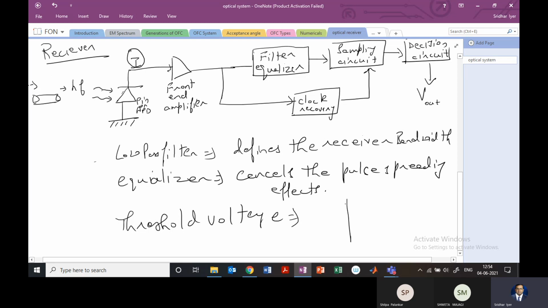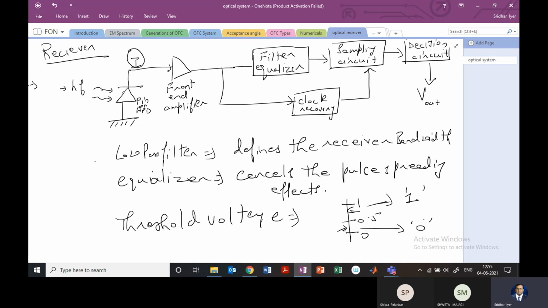So these are the levels you can have. You can have 1, 0.50, and every time you sample, depending on if the signal lies here or if the signal lies here, the output that you decide is 1 bit, or here the output that you decide is 0, right? So that is how this circuit is going to work, right? If the received signal is greater than the threshold level, then you say that 1 is transmitted. If the received signal is less than the threshold voltage, then we say that 0 is transmitted.